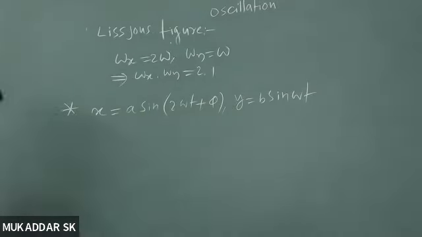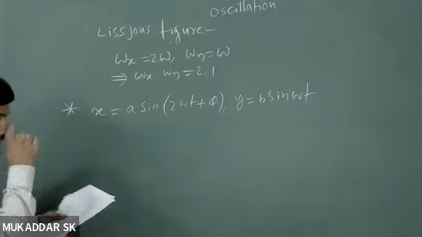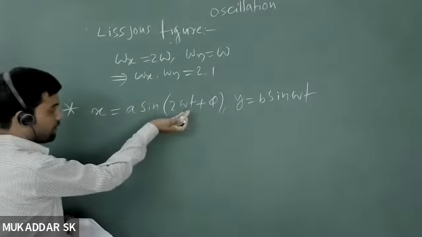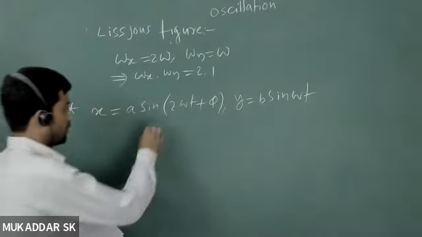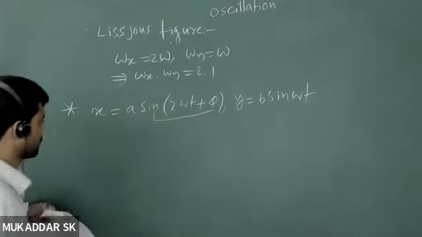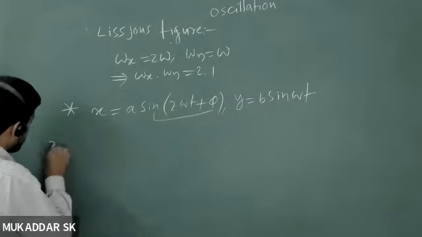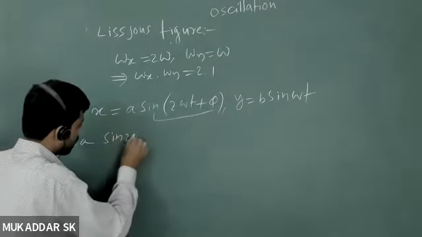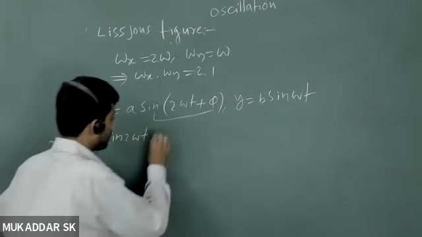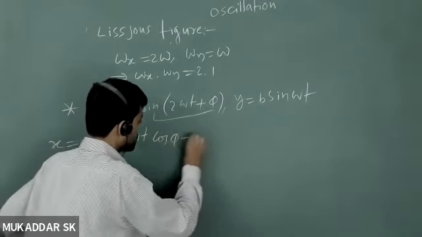Is it clear? Yes, sir. Now this oscillator has twice the frequency of that oscillator. Now I can simplify this term. So again I'll simplify this. x equals a sin of twice omega t cos phi plus